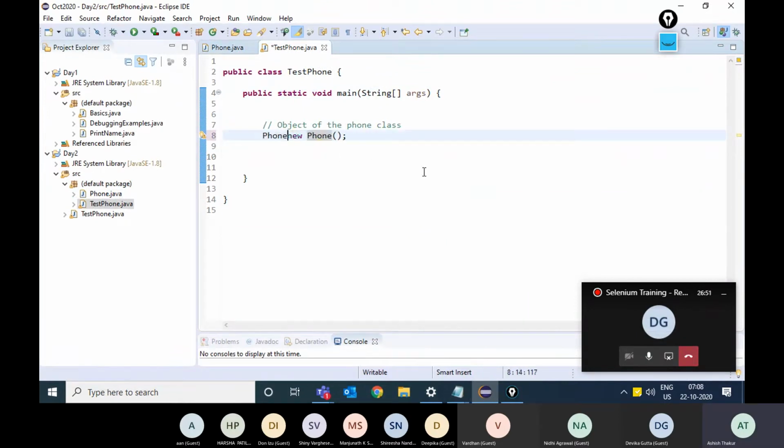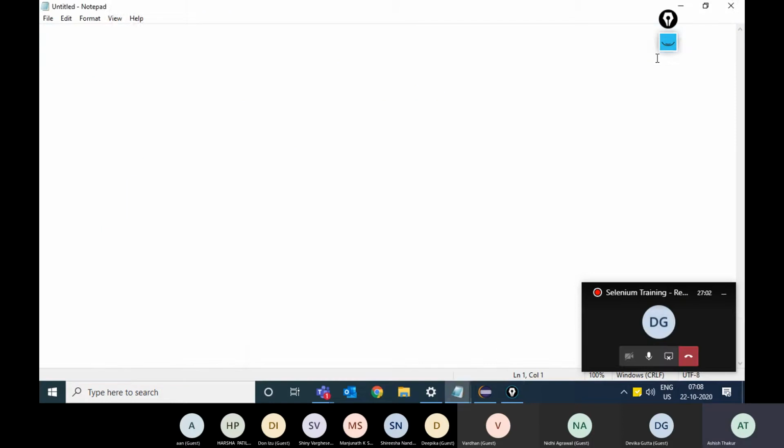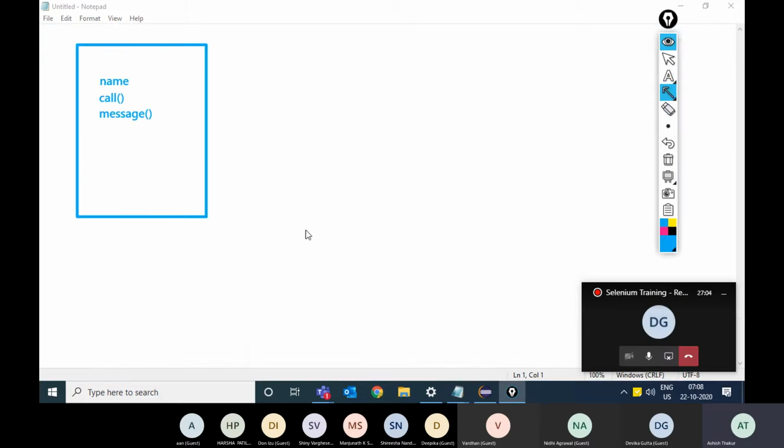You need to write like this: phone p1 equals new phone. So p1 is the object reference and the phone is the object. p1 is going to point towards this object. Object and object reference are different.